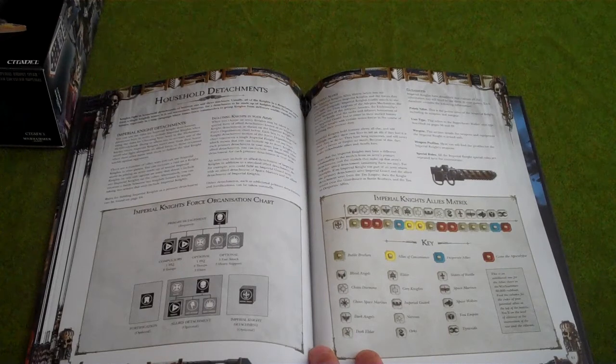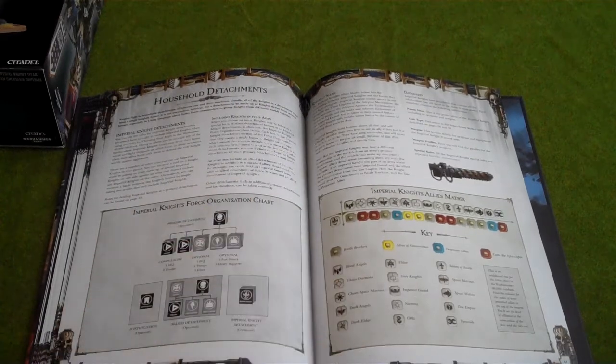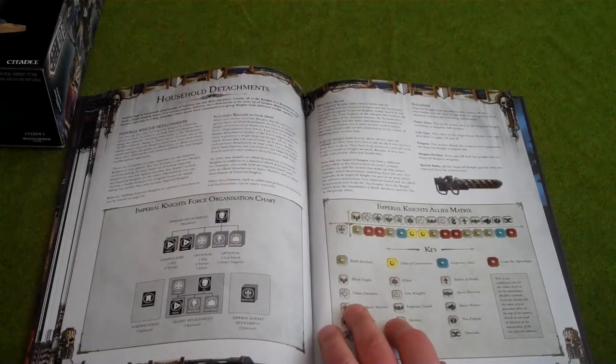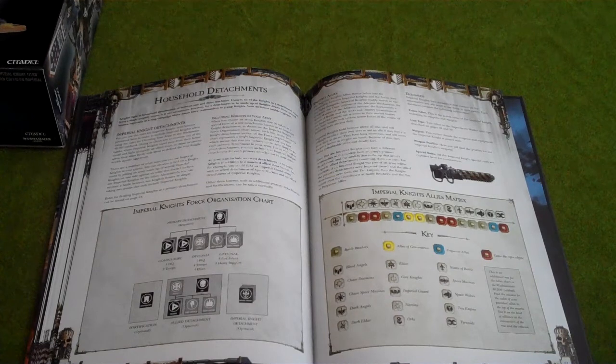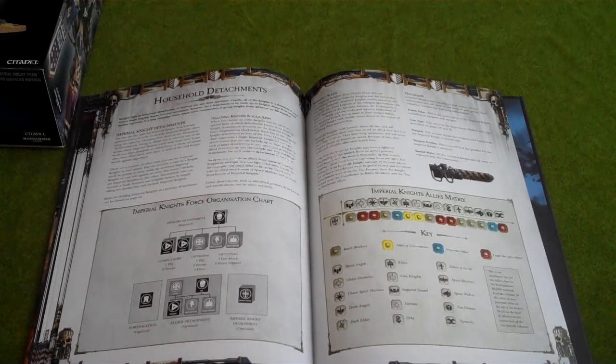Sorry, just to pause while I actually read it, to see if you can have other super heavies with it as well, because this force organisation doesn't allow for a Lord of War. Maybe that's just because the Escalation rules are regarded as optional. Imperial Knights allies. Right, you can't ally with